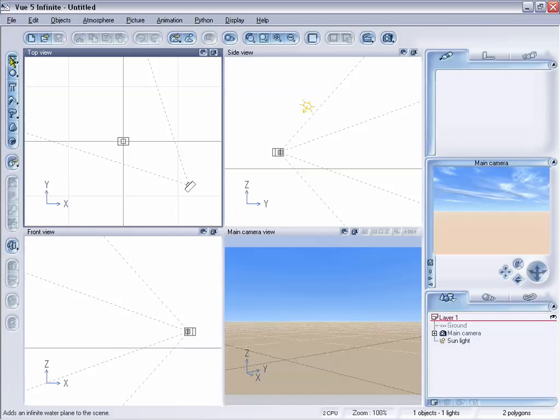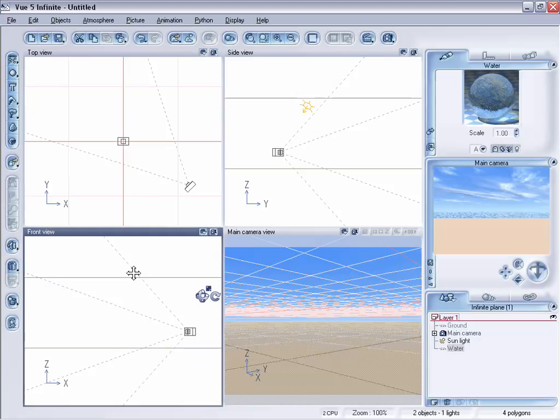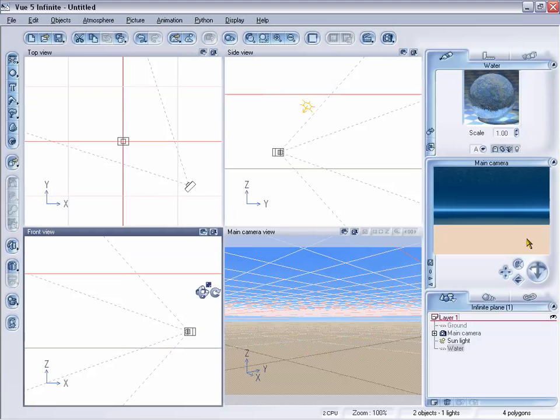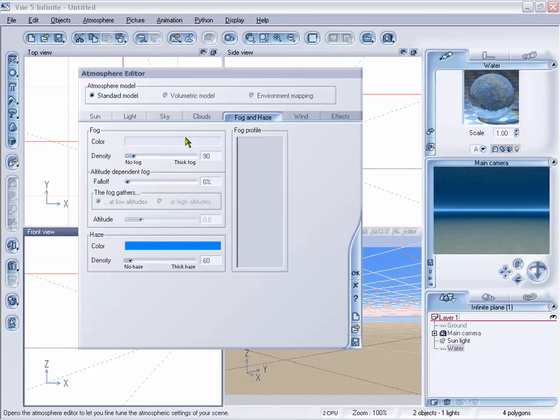But first thing we want to do is load in our water plane, and we want to go ahead and lift this up a little ways above the camera. And now we already pretty much have our water scene set up. It looks like it's underwater, but we have this very light blue area back here, and we want to get rid of that. So we're going to go to Atmosphere and the Atmosphere Editor, and we want to change under